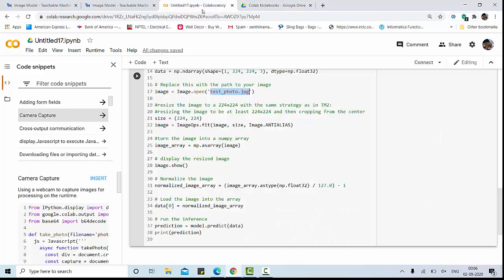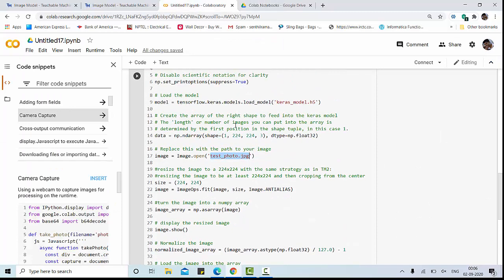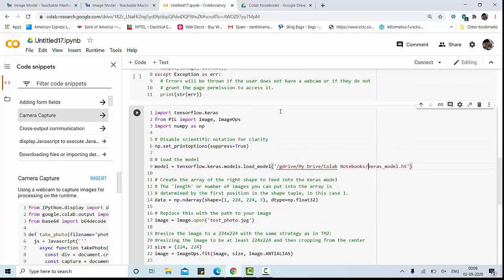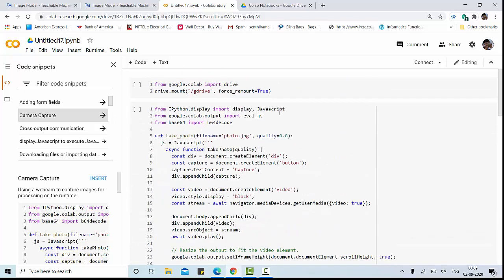Now go to your snippet, and here change this path. I have stored this model in Drive, My Drive, Colab Notebook. Then now run this code.